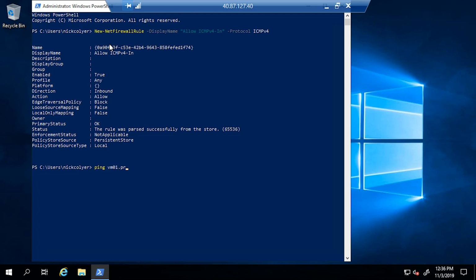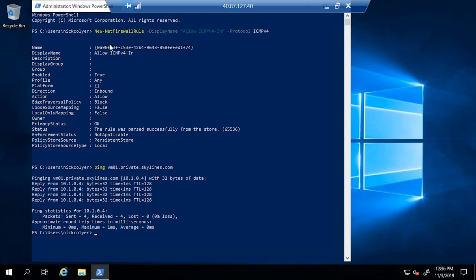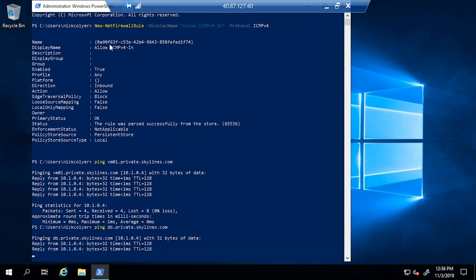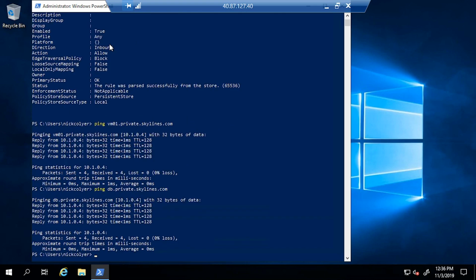So we'll do VM01.private.skylines.com. And that pinged successfully. And now let's try ping db.private.skylines.com. And we can see same thing, because we created that record in DNS for DB, that A record, which points to